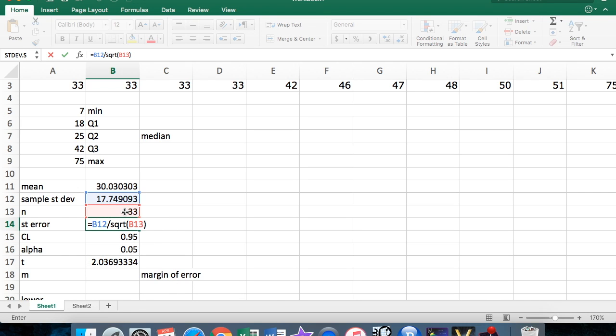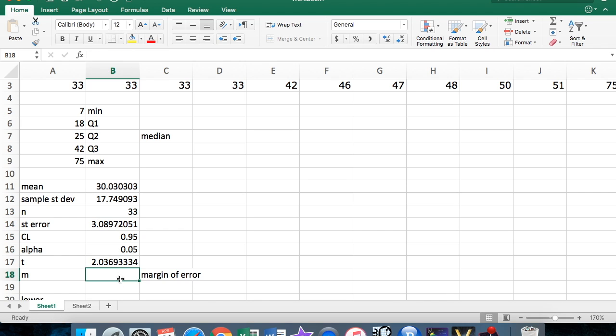That's how we find my standard error for a t-test or a t-score problem. In this case, a t-interval. So here's my standard error, 3.09 or whatever. Now I can find my m. My m is simply, take your t times your standard error, and there you go,